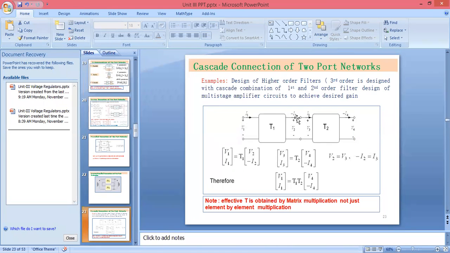The directions of the current, because it is the outgoing current for port 1 and I3 is the incoming current for port 2. So we know when we are making the cascade connections, ABCD or transmission parameters are compatible. So what we can do here,